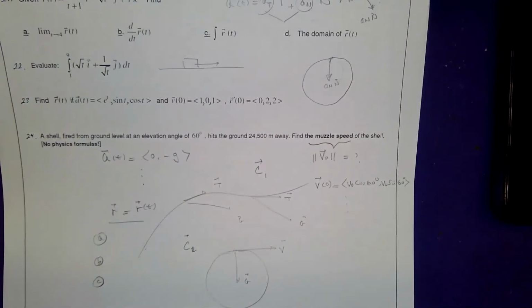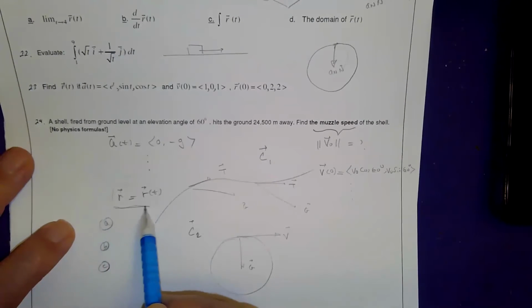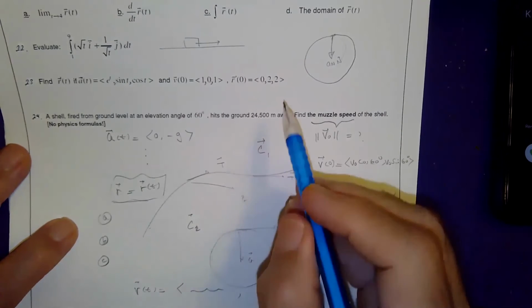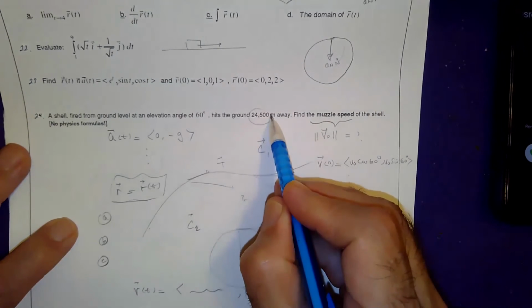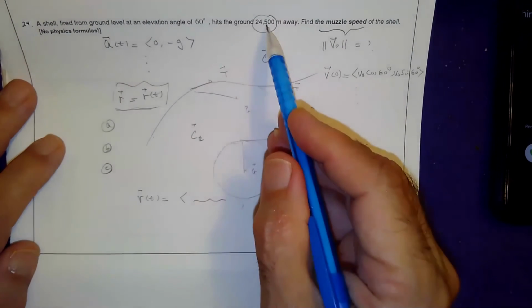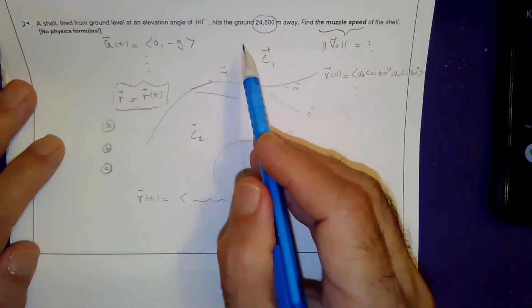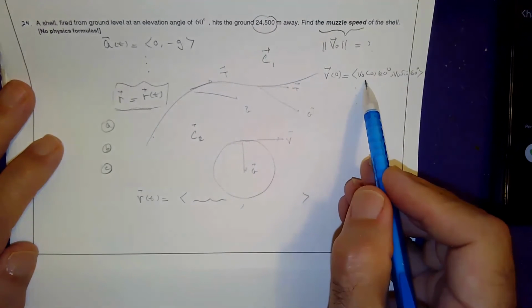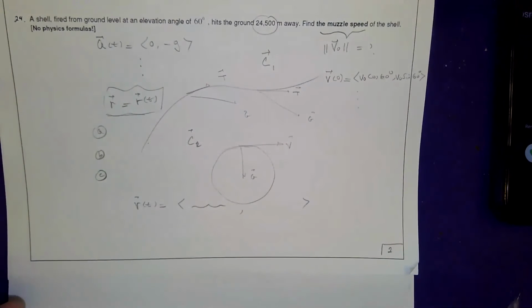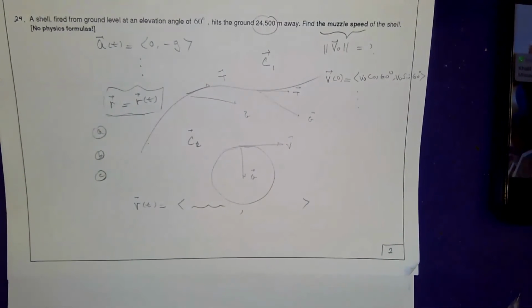So at the end of the day, when you get your position vector, the x component of your position vector, whatever the x component is, this guy right here, would be the range, which is given to you as 24,500. So you would set the x component equal to this, and in your x component, you're gonna have V0 in it. So then that's how you can find the muzzle speed, which, as he said it correctly, is gonna be